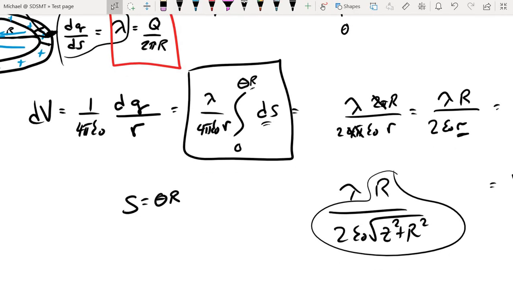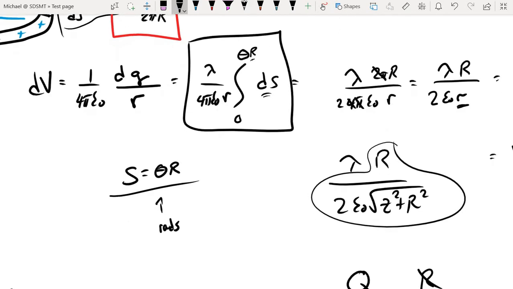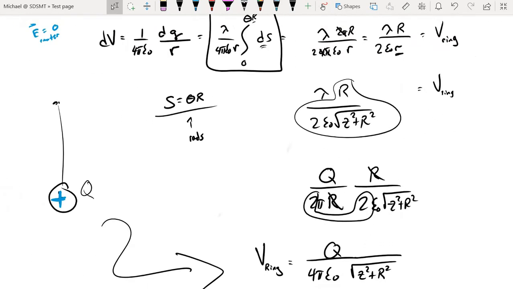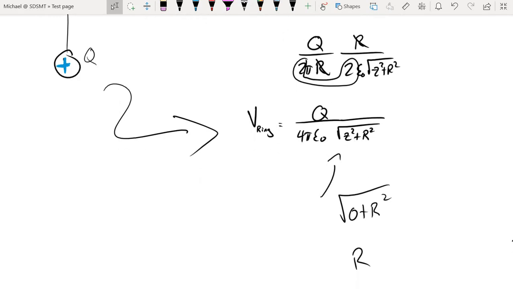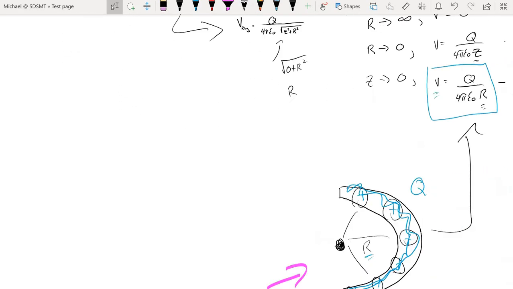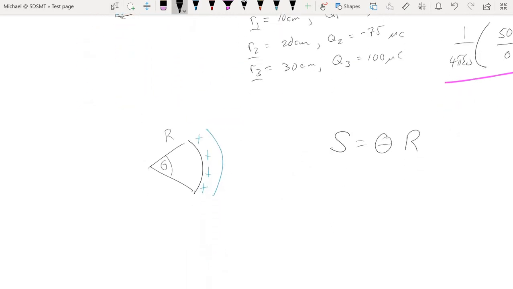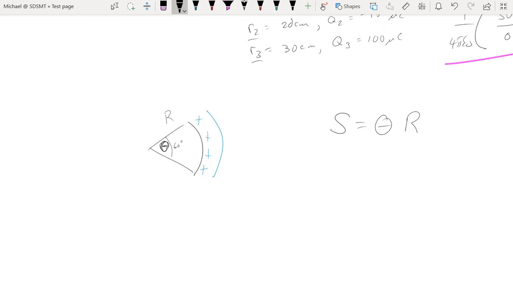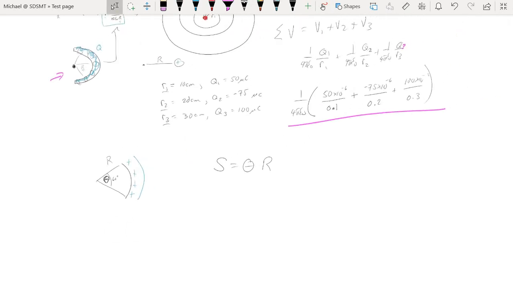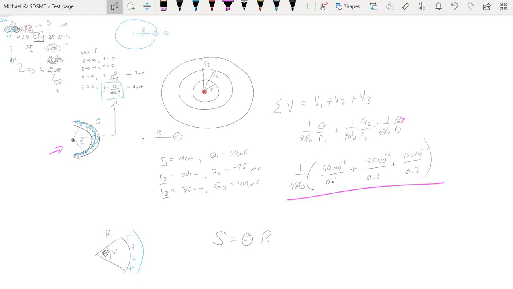One thing to keep in mind anytime you're using the arc length expression, your theta values do need to be in radians. So, pi over 2, pi over 3, pi over 4, whatever you need to do to convert your angles accordingly. And so, where did my semicircle go? There we go. So maybe we have an angle of 60 degrees here that we need to integrate, and I'm going to go ahead and bring that